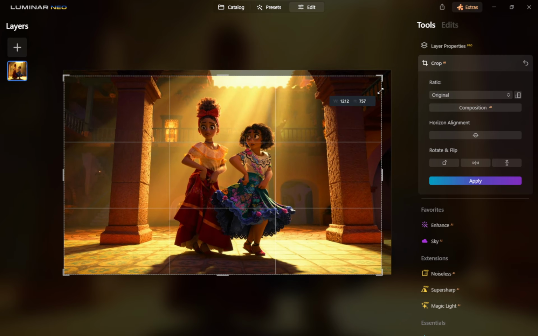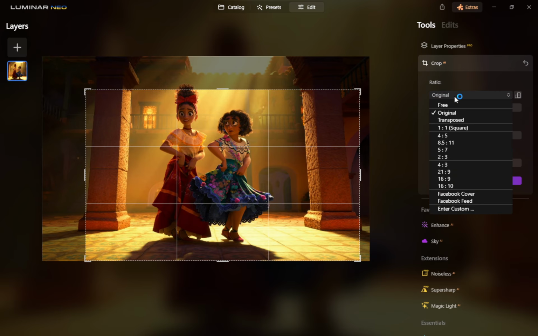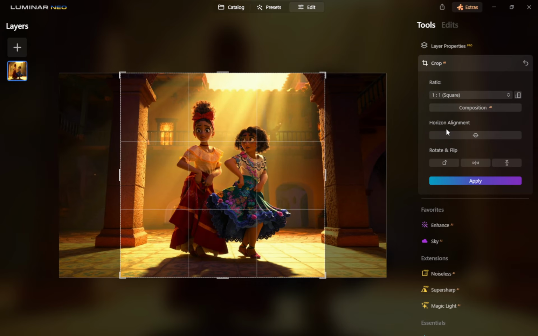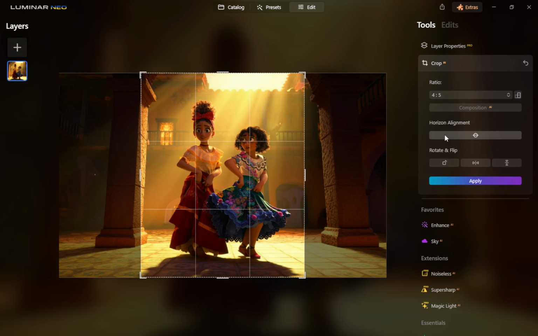If you need a specific size, choose an aspect ratio. You'll see presets like Original, Free for a custom shape, 1:1 for a perfect square, and popular formats such as 16:9 or 4:5. Pick what suits your goal. Square for Instagram grids, 4:5 for portrait posts, 16:9 for YouTube thumbnails or widescreen displays, or stay with Original to